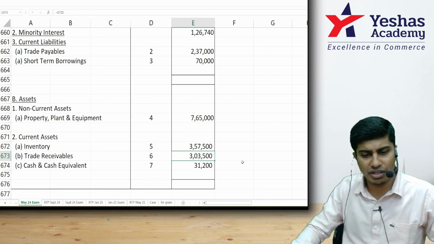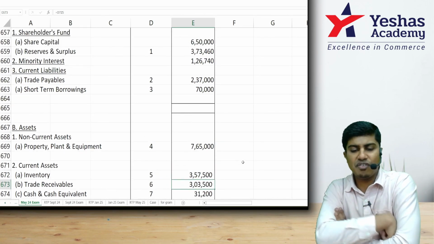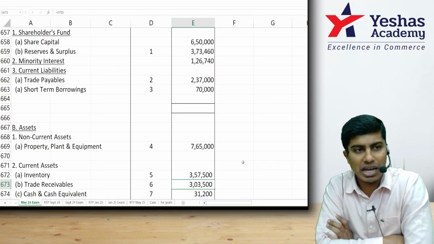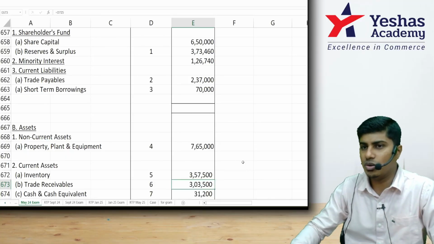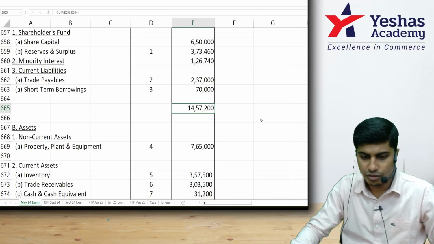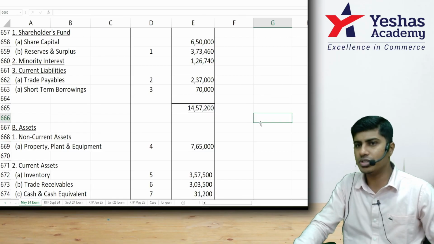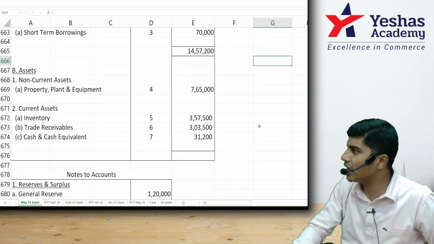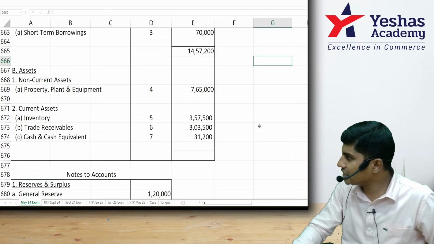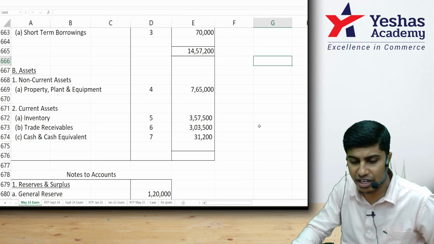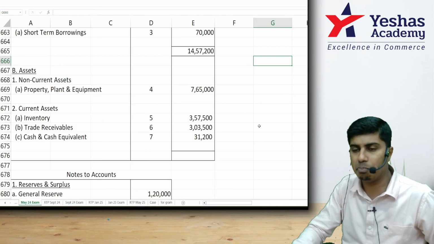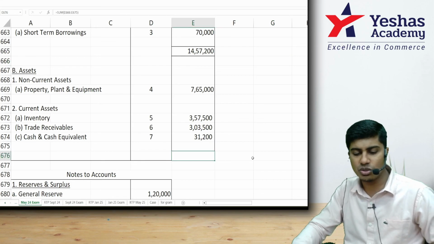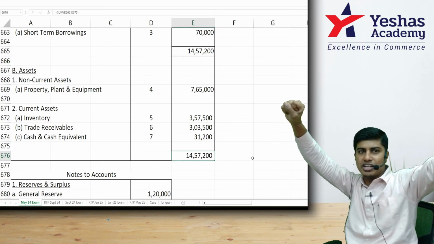Help me with the total. 6,50,000 plus 373,460 plus 126,740 plus 2,37,000 plus 70,000. 14,57,200. Got this? Similarly, take the total on the asset side. 7,65,000 plus 3,57,500 plus 3,03,500 plus 31,200. 14,57,200, and there you go, your consolidated balance sheet tallies